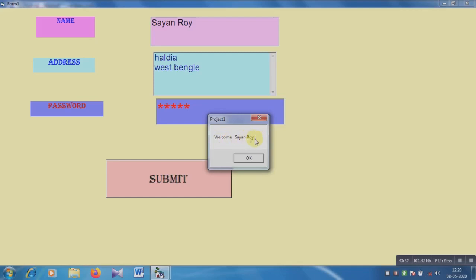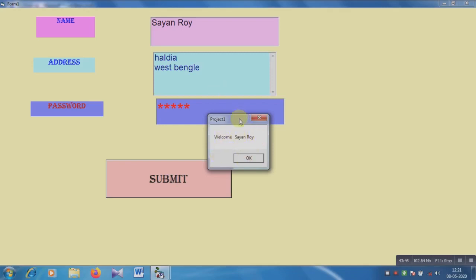See, welcome Shayan Roy. Okay, welcome, then space, then Shayan Roy. So I have given within double quote welcome and then space and then the text box.